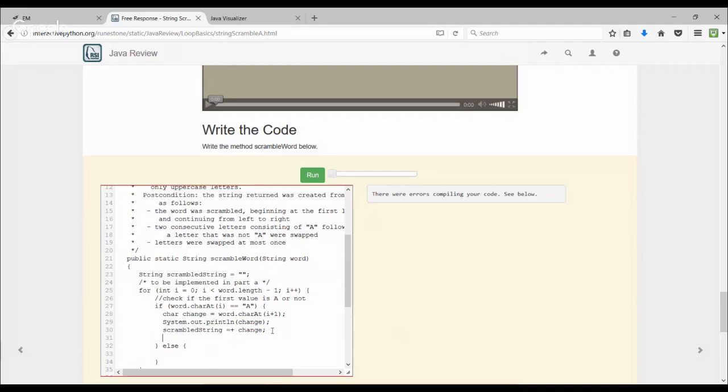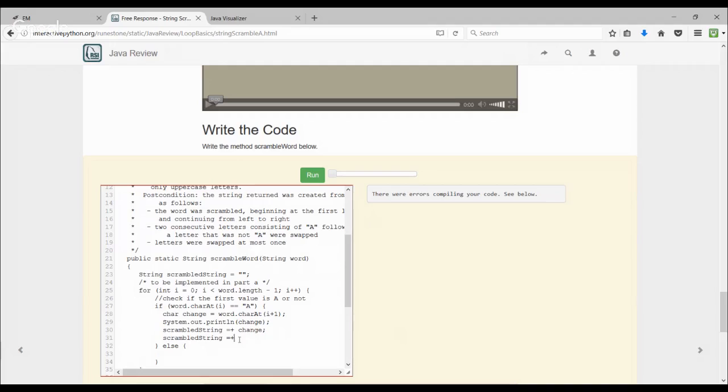Correct. Yep. And then we have to code that in this new string, scramble string equals scramble string plus change, right? We need to code that the first I value has to go after the change. So we have to write another line, scramble string equals scramble string plus